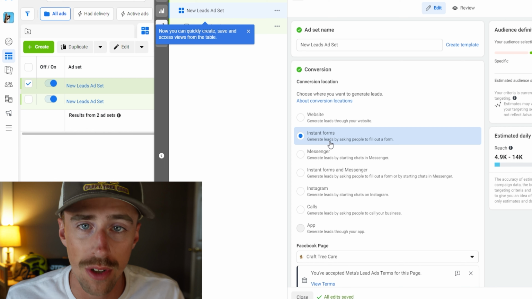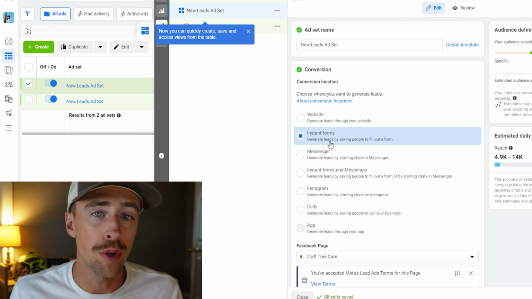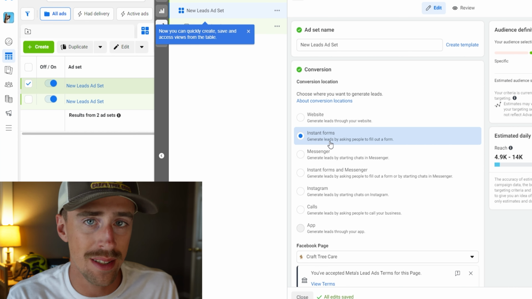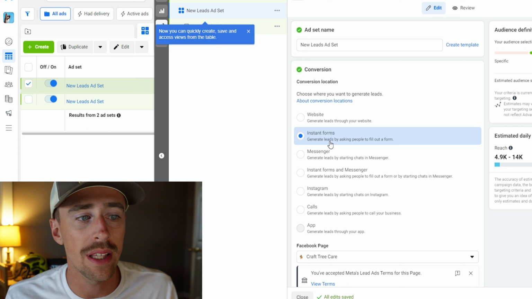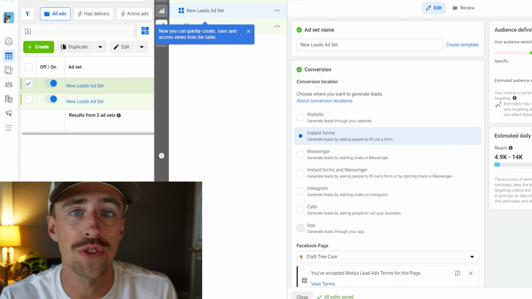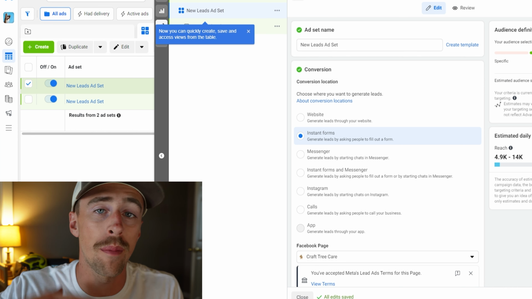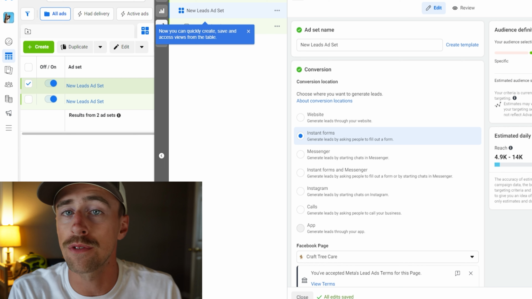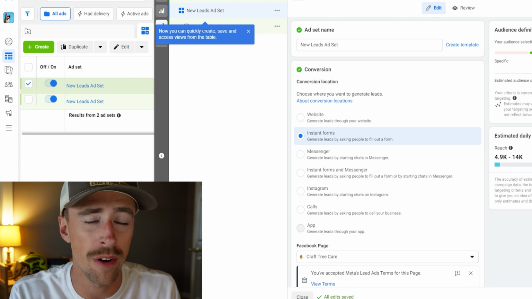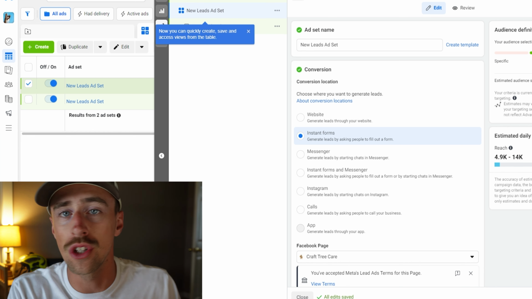So when first getting started, I like to use the instant forms. Now, if you have a landing page or a website, you can send them there. It's just that you're going to get more leads out of these instant forms. An instant form basically gives your prospects the ability to just click on your ad, and the form will come up within Facebook, meaning they don't have to go to your website. They don't have to go to a landing page. They can just enter in their information and send it straight to you, which is good,